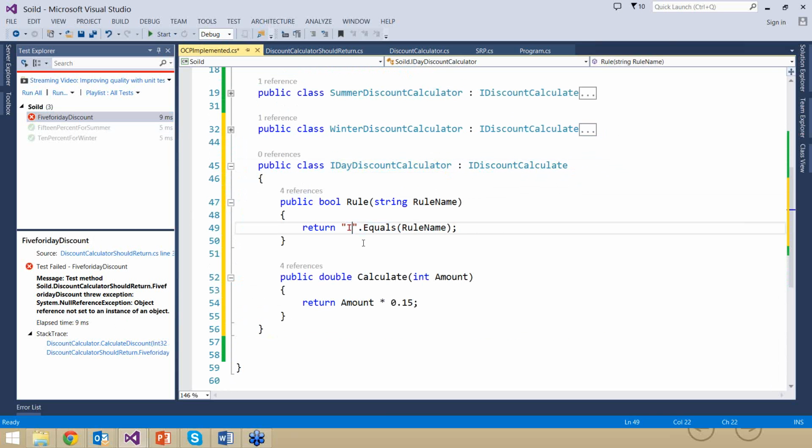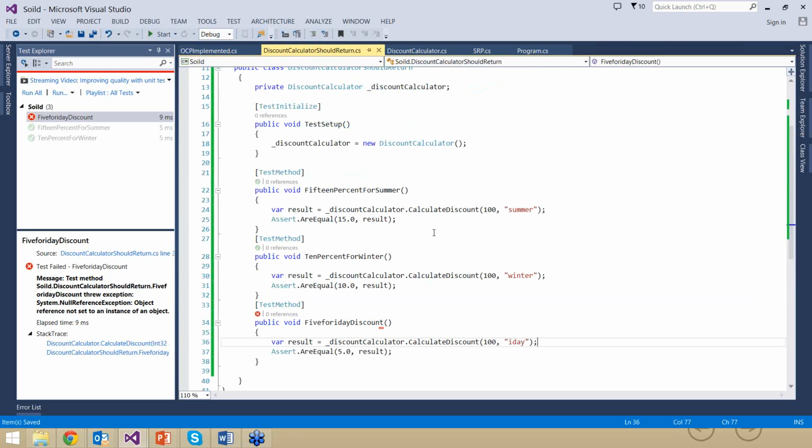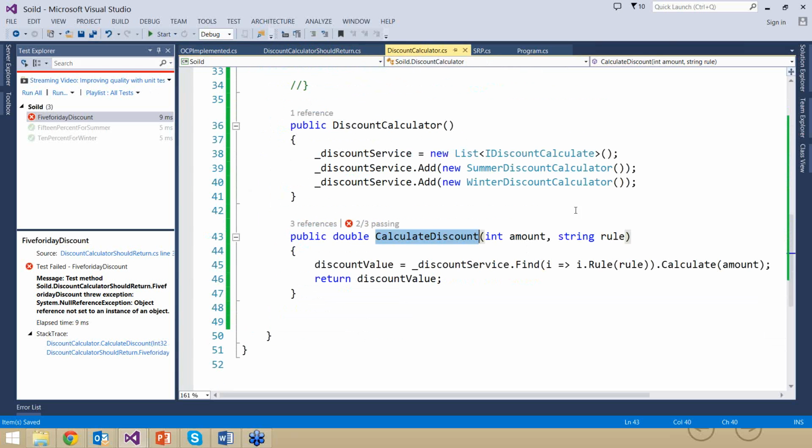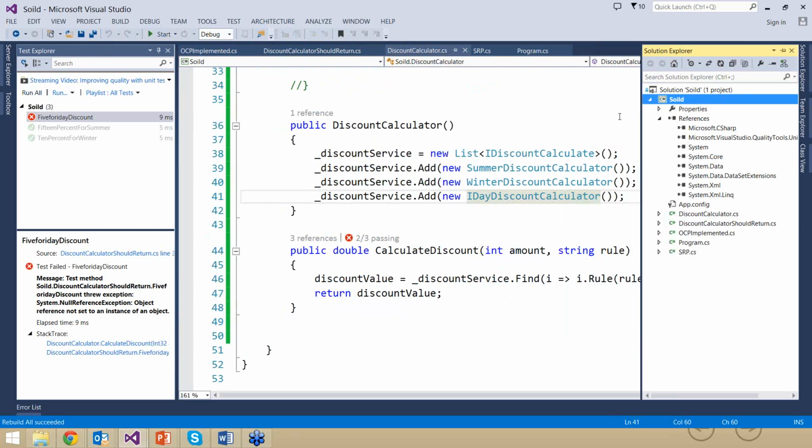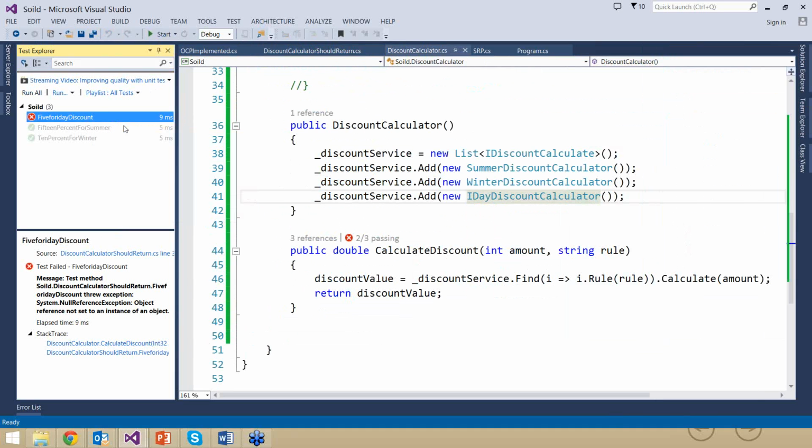And here we can say ID, and then this percentage is, let us say, 0.5. Great, we have added a new class here. Then we'll go to DiscountCalculator.cs, and we need to add it in the services. Of course, you can refactor this also using dependency injection. Then we can say IDDiscountCalculator. Once that is added, if I rebuild and run this test,